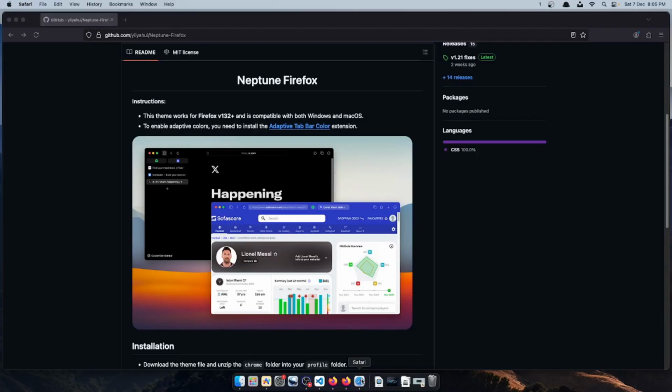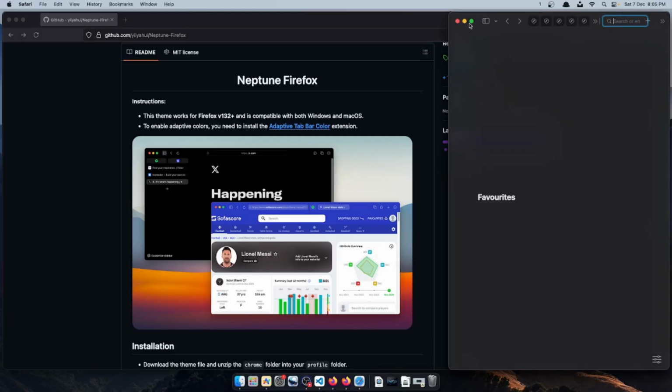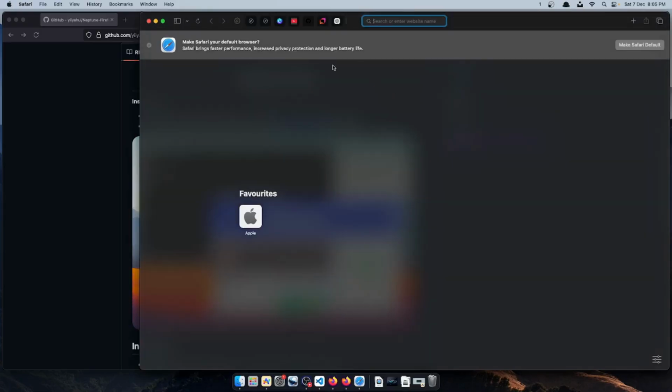But right now in macOS Monterey, they have released a new type of tab layout. It is called the compact mode. Let me show you. Right now I'm using that only. It's lagging. So look, I'm using the compact mode layout, but if you go to your settings,